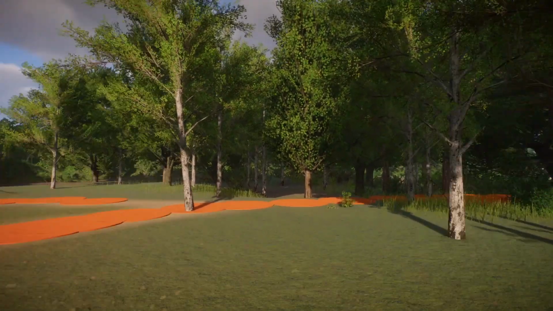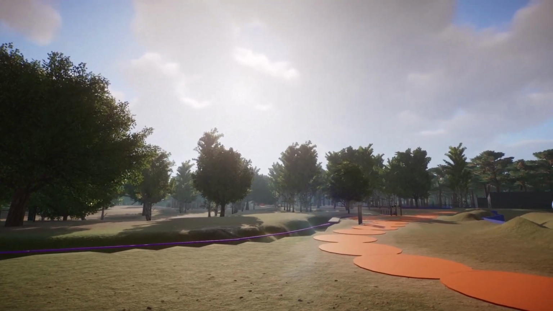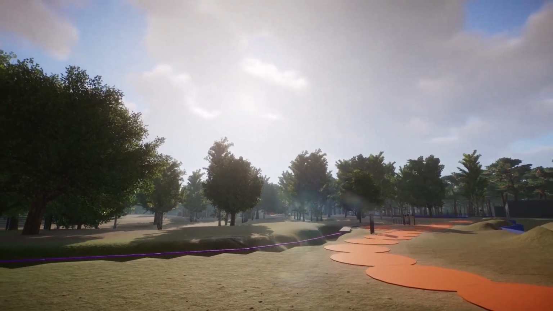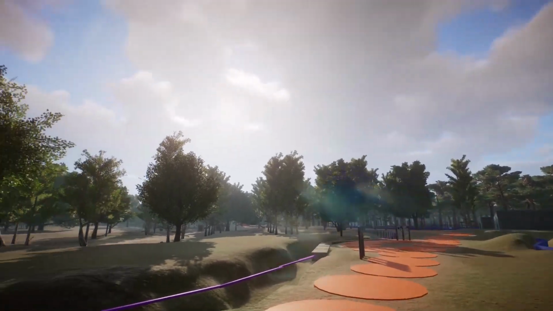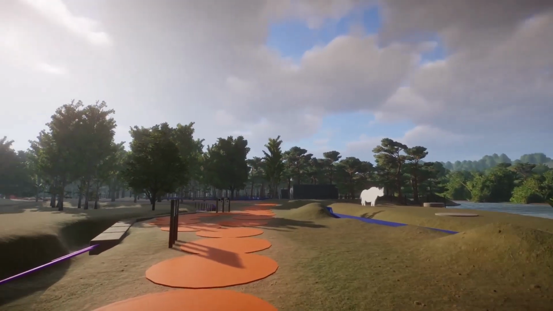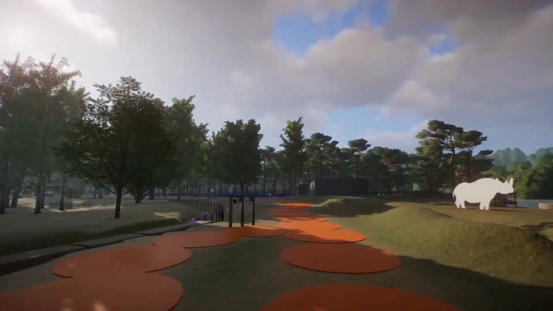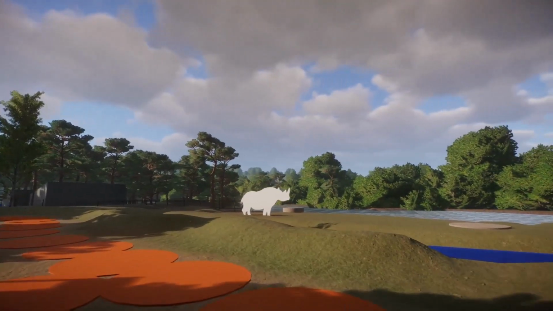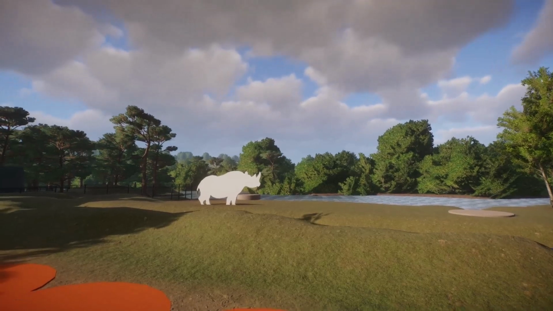Alright, so a bunch of things laid out once again, and I've started doing a little bit of terraforming, and it's starting to take shape. We're starting to get a feel for the area. So if we walk along this path, I want to touch the camera so I can show you what I am going for here, of course, this landscape immersion effect